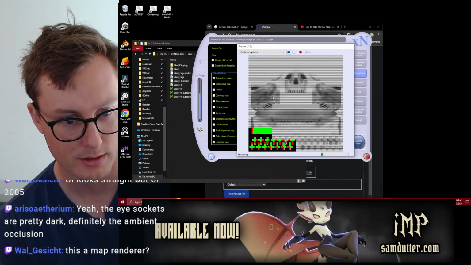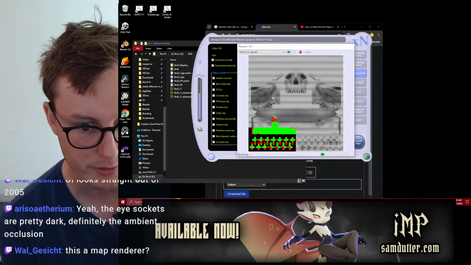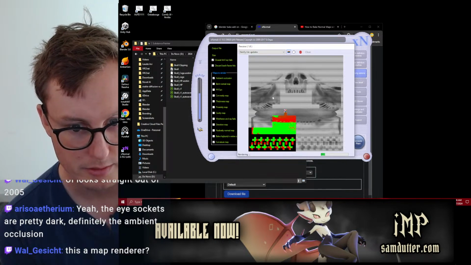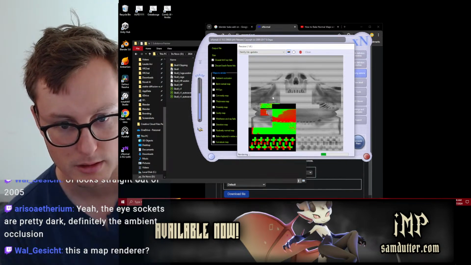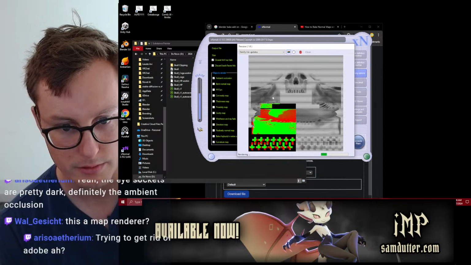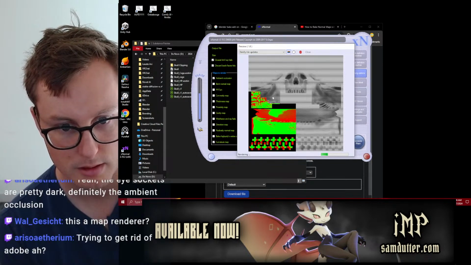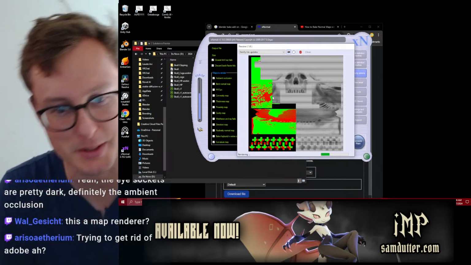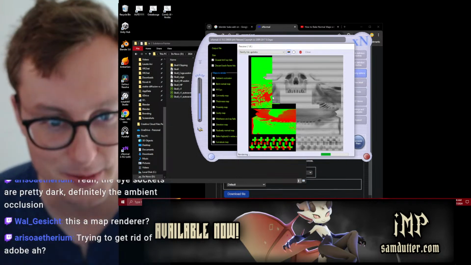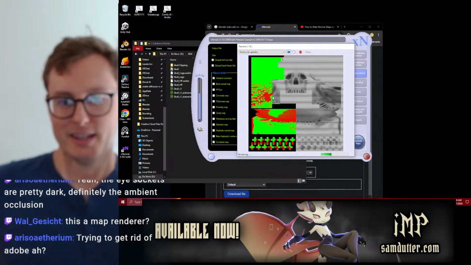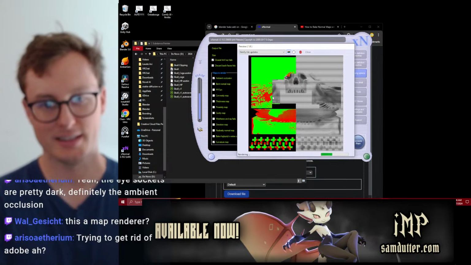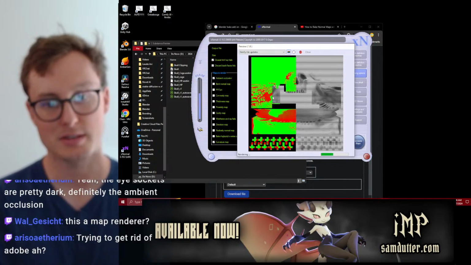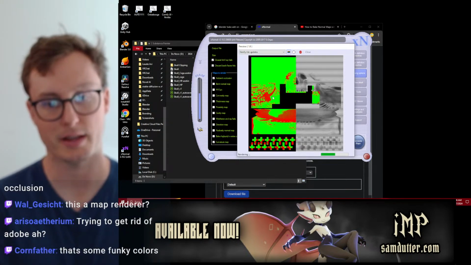Whoa, what's this? It's the curvature? Never seen a curvature map like this. Trying to get rid of Adobe? Pretty much. Yeah, I think I'll just save a very significant amount of money each year.